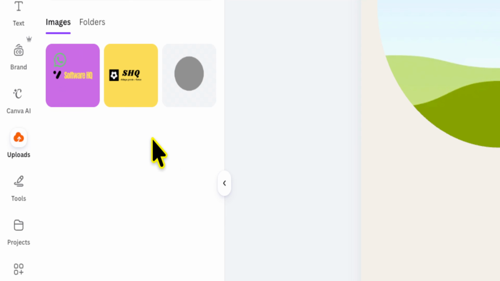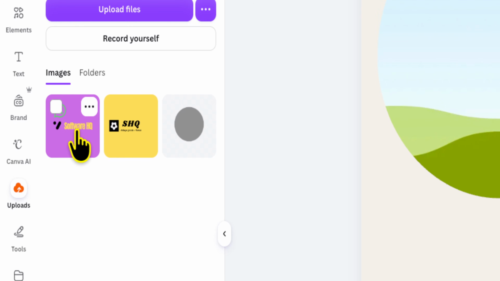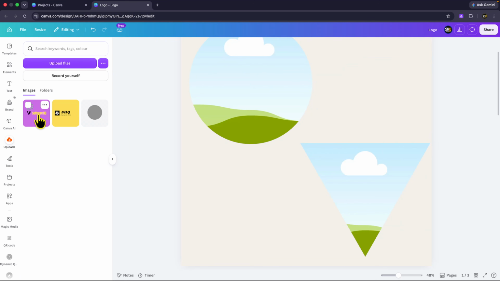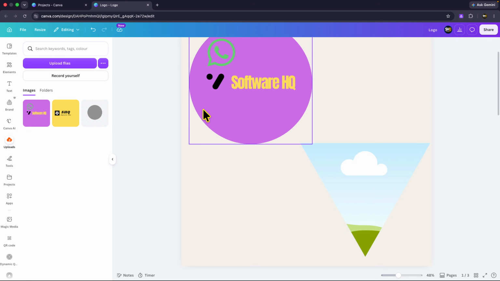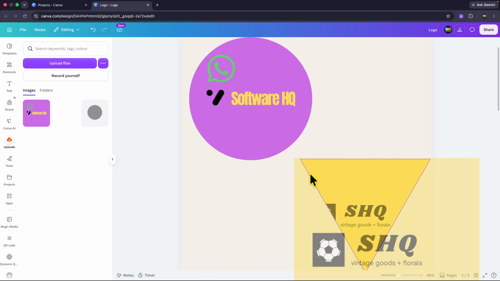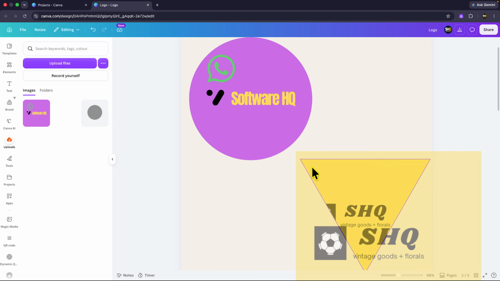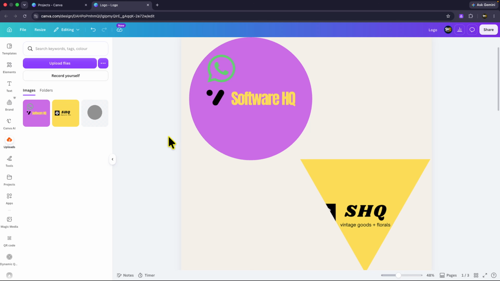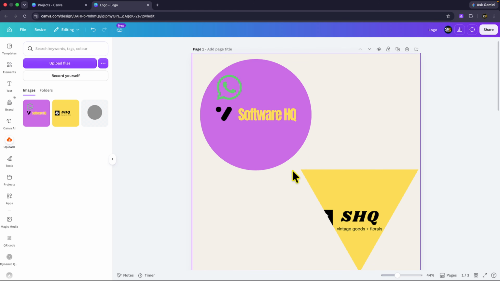So once your image is uploaded, click and drag your image into the shape frame. So when you do that, it automatically uploads, and you can do it again for different shapes using different images. Just drag onto the frame, and that is how you fill a shape in Canva with